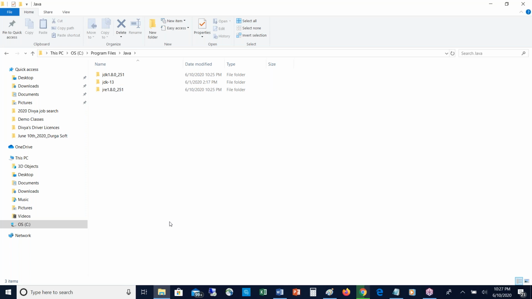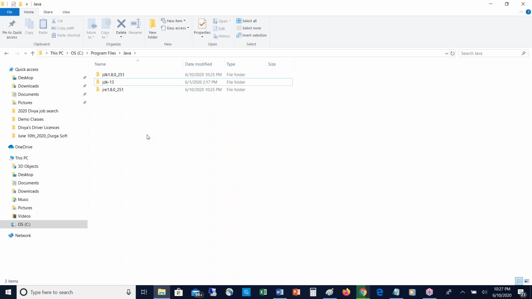Fine. So do you want me to remove this folder? No issue, friends. If you install any software, say version 1.1, and then version 1.2 comes and you upgrade, what happens? It overrides 1.1 with 1.2. But in the case of Java, we can install any number of Java versions in your system. Don't worry, the previous installation version will be there and the current installation version will be there.